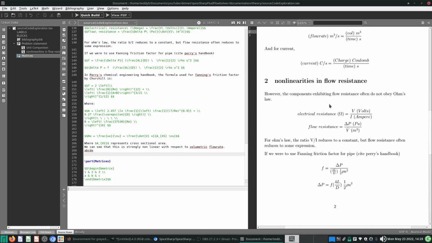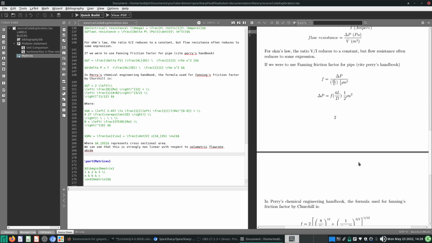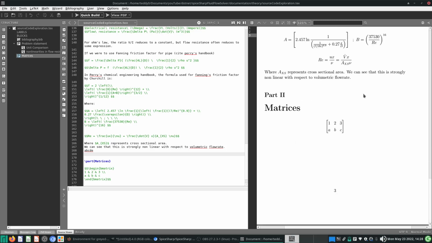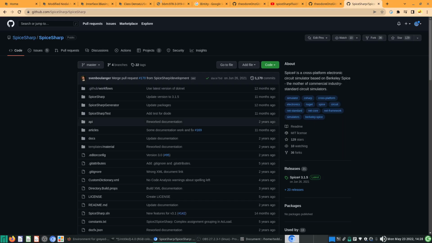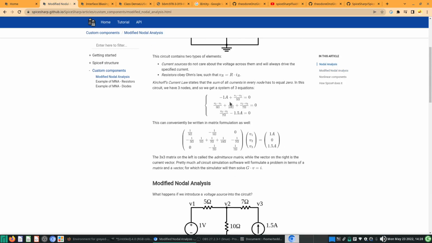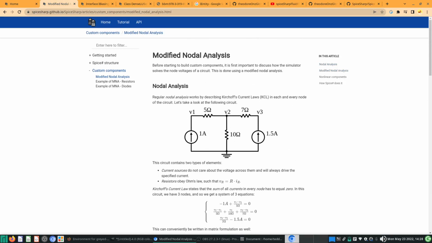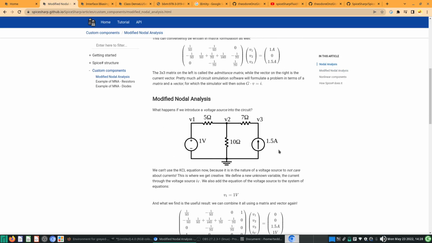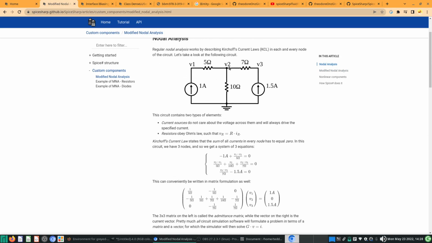So last time I told you there is this very good analogy between electrical circuits and flow circuits. I put some notes here, and we find out that we actually need to deal with some nonlinear solvers. The nonlinear solver part you can actually find under SpiceSharp in the modified nodal analysis. And you can see that for this simple circuit right here with two current sources and three resistors, you'll use Kirchhoff's